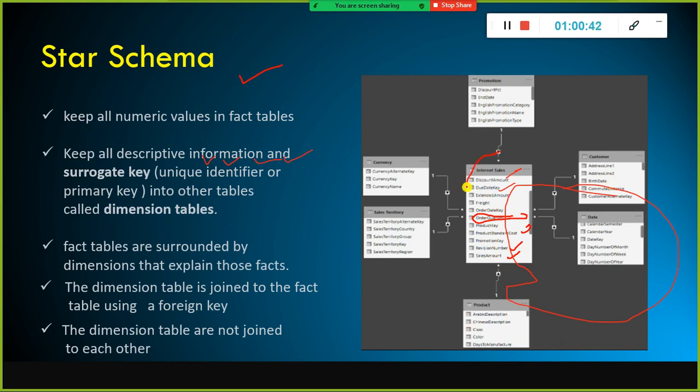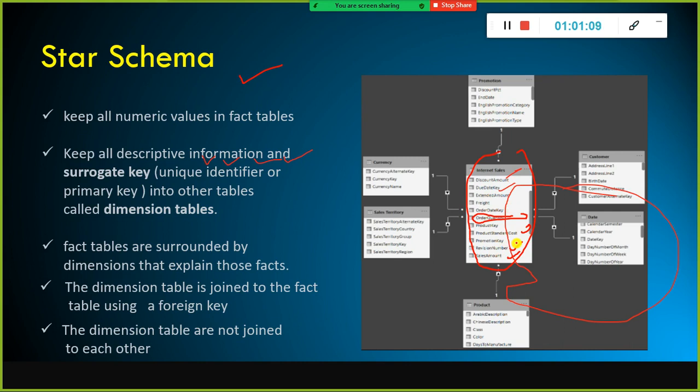Fact tables are surrounded by these dimension tables, which explain the facts. Without the dimension tables, how can you explain these facts? For example, in this table you have the currency key, territory key, promotion key, customer key, date key, and product key. And for a specific record you have units sold, 100.